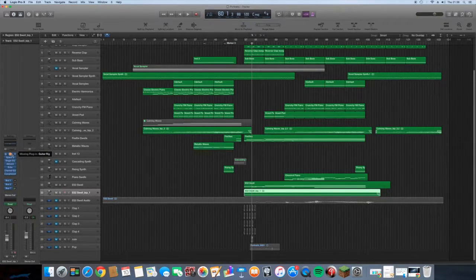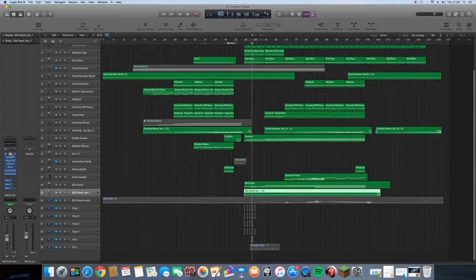This is where all the modifications come in. I had a ring modulator on it, which is almost like a tremolo effect. It's wavy. It doesn't pan. It's just a bit glitchy,